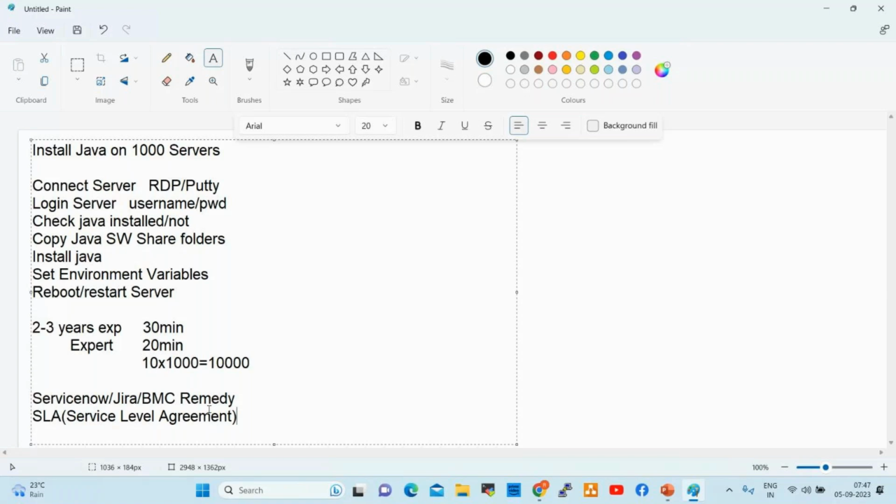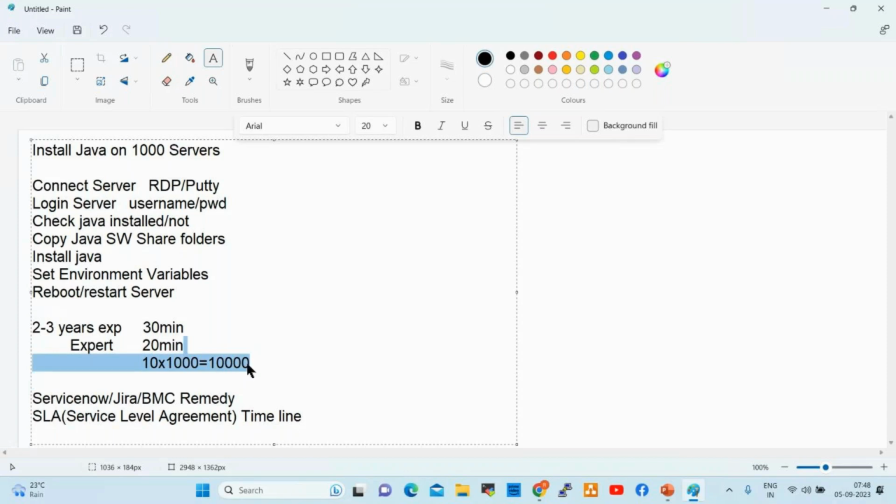It is a timeline. Whenever we receive any ticket or request, every ticket will have some timeline. Within that time frame, we need to close the request. Otherwise, what will happen? The ticket will be escalated, right? So if you do the activity manually, it will take 10,000 minutes. This much time the client will not accept.